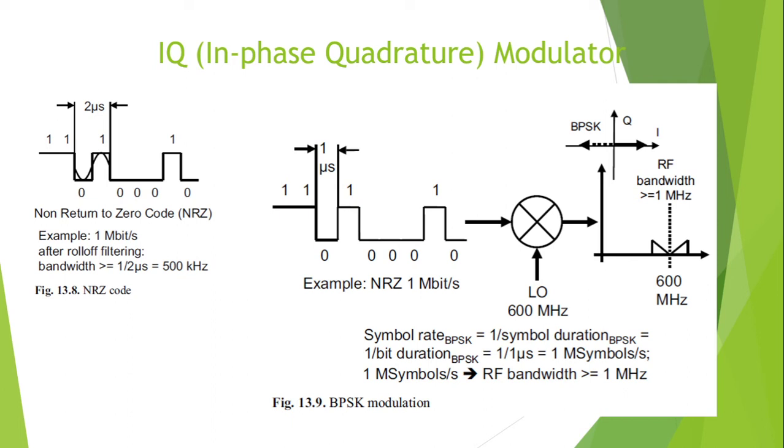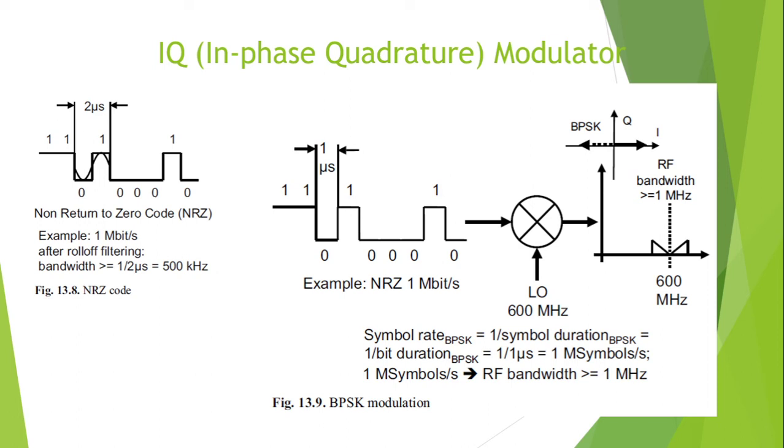Look at figure number 9. Two sidebands having each the bandwidth of the input baseband signal are produced at RF. The minimum bandwidth required at RF is thus f RF NRZ greater than or equal to the data rate,